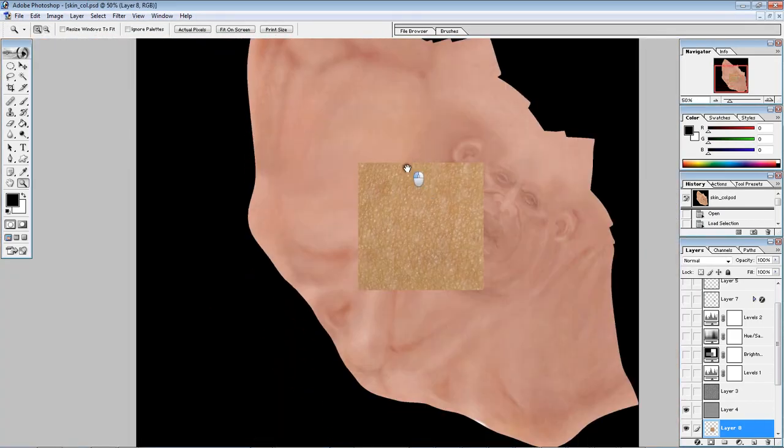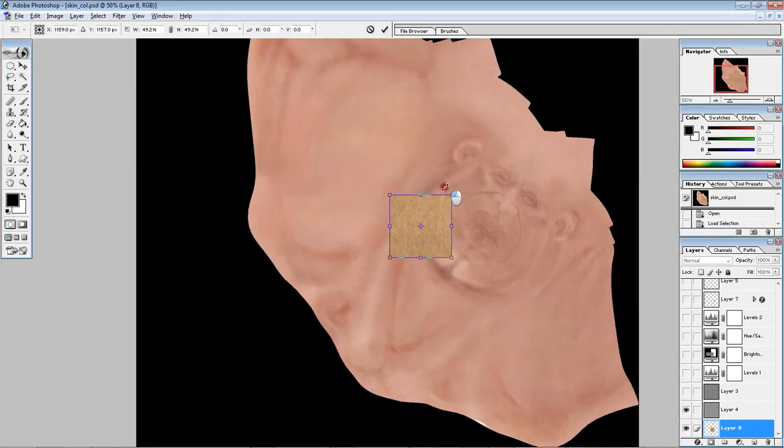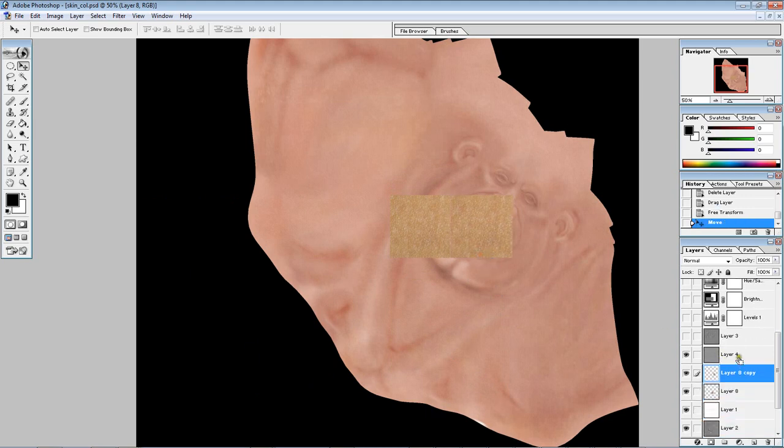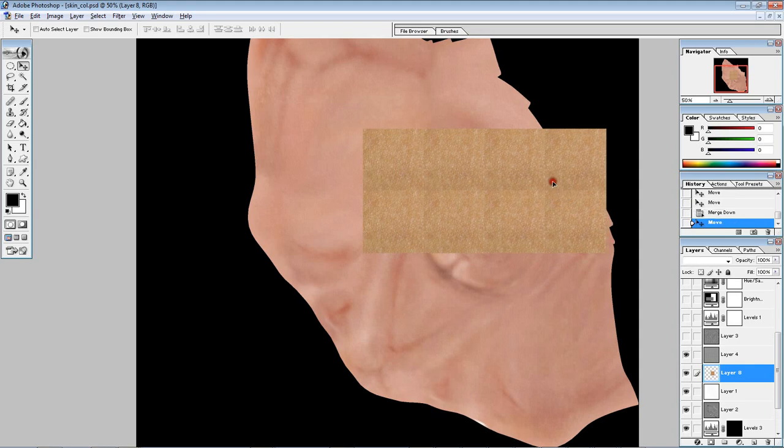All I did was scale it until it looked a good scale. I held Alt and moved it around. That's how you duplicate layers. If you hold Shift, it will snap it to an axis instead of just being free. Did that, and then Control E I used to merge down, meaning when I duplicated it, there were two layers. Control E will merge one of the layers directly down, so I have two. So I just created this. I just kept tiling it over and over and over again